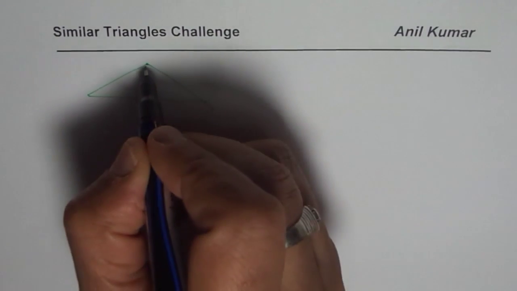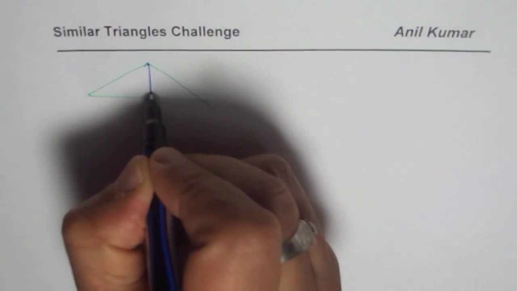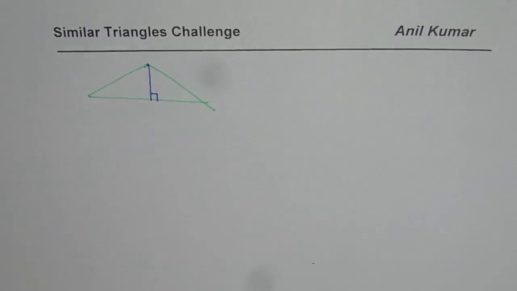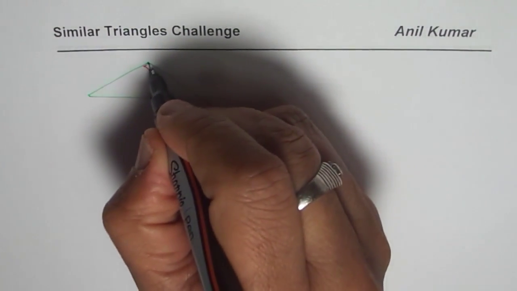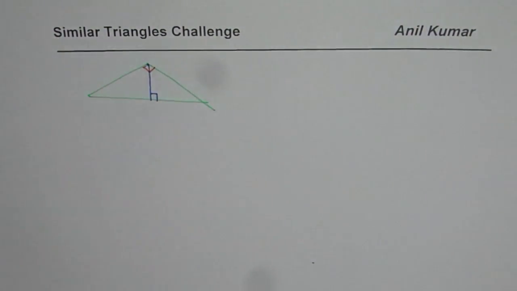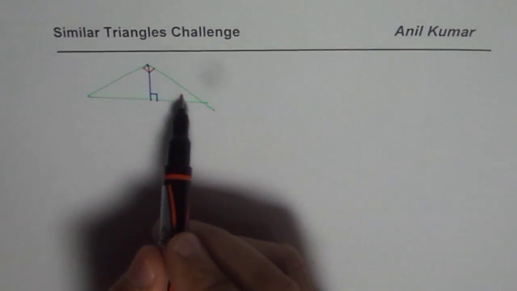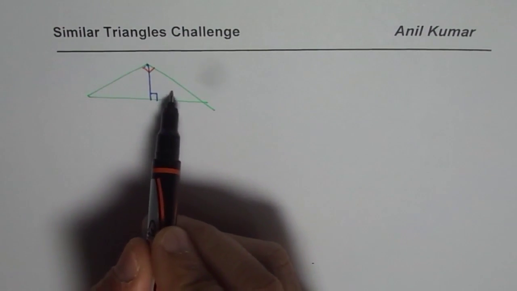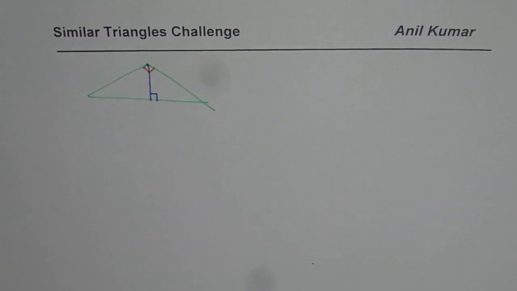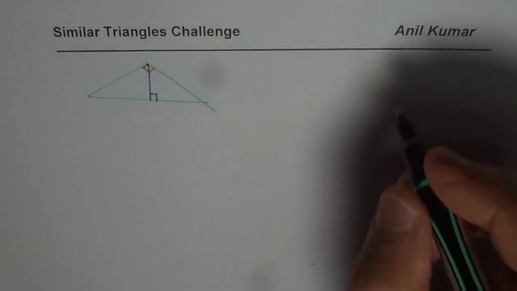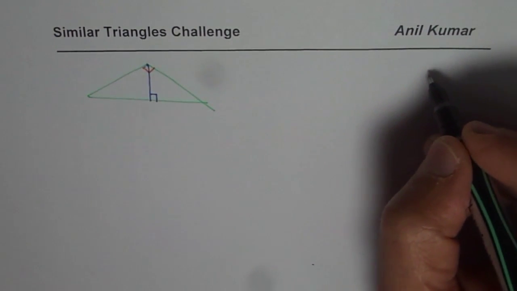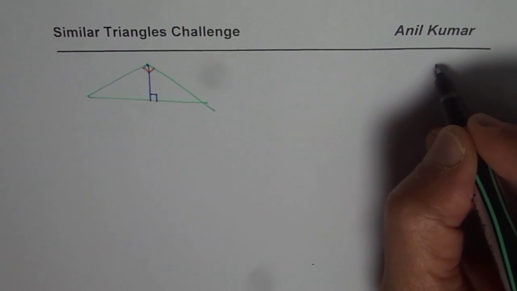Here we have a perpendicular, right? Which makes a right triangle. Plus, what we have here is this side is also 90 degrees. So we have in this three right angles, right? So one right triangle is the big one. The other two are these small ones. Correct. So I'll make one more similar kind of problem, and let us say this time again we have